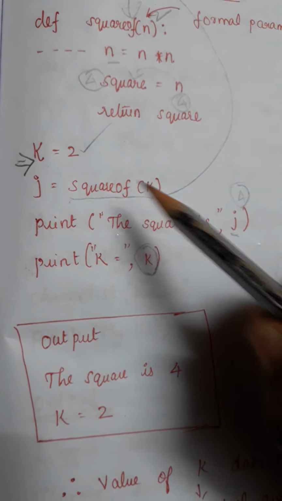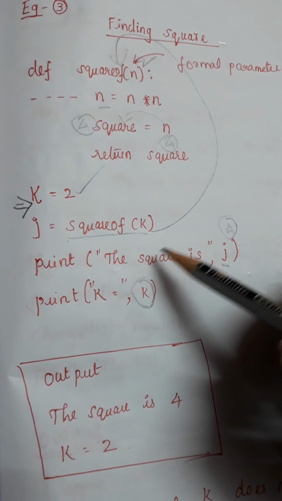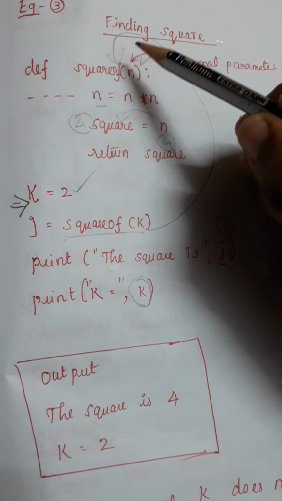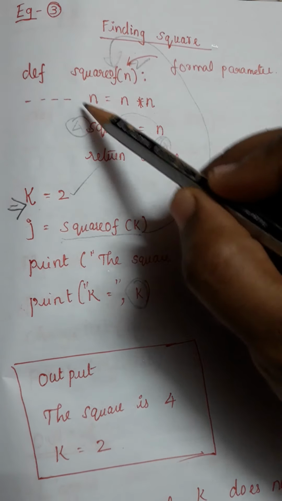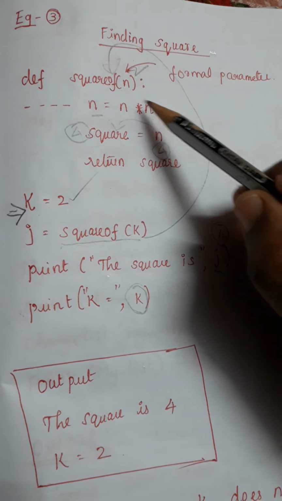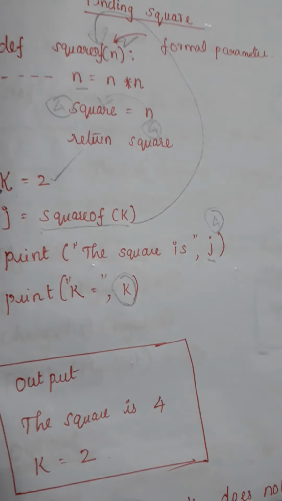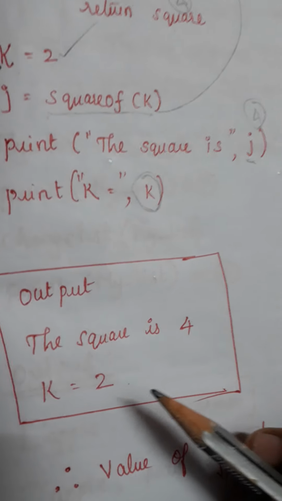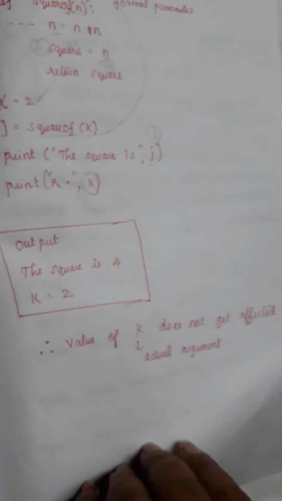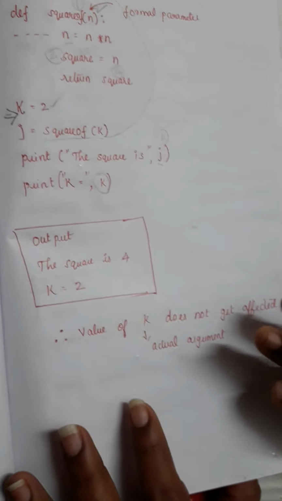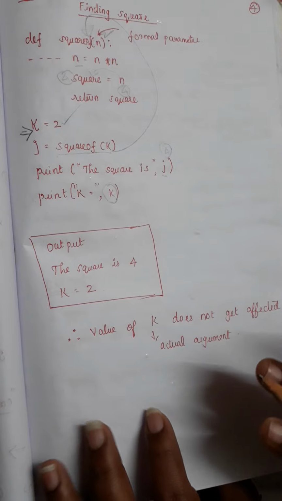What I want to say is, k is the actual argument, it is an integer. I am passing the integer here, so Python follows pass by value here, because integer is an immutable data type. So I'm making changes to the formal parameter n, but it is not getting reflected in k, right? The k value remains as 2. This is an example of pass by value. The k value, the actual argument, is not getting affected at all. Though the formal parameter is getting changed, the actual argument is not.